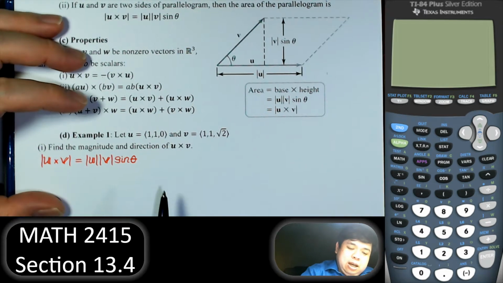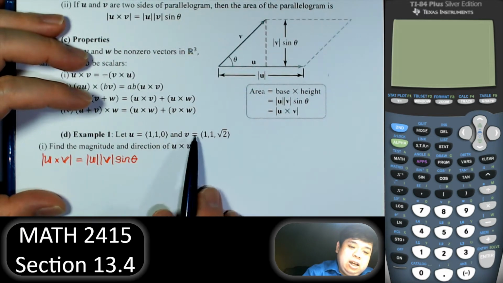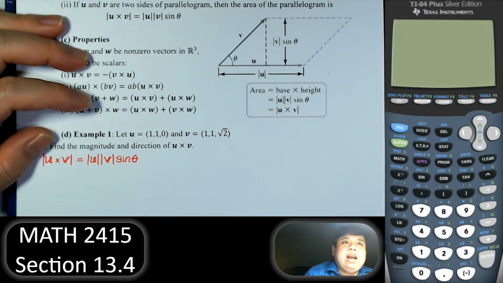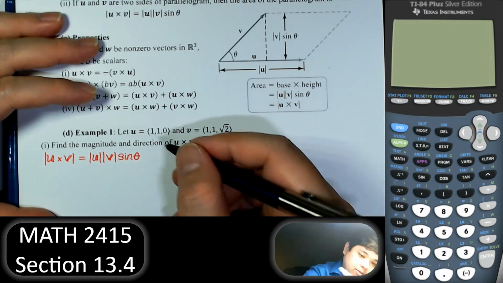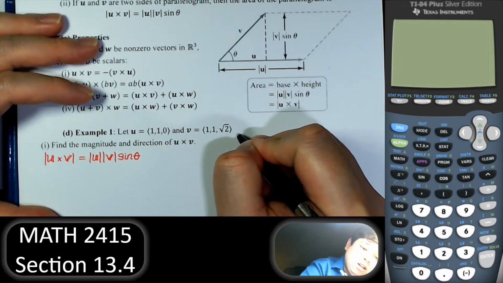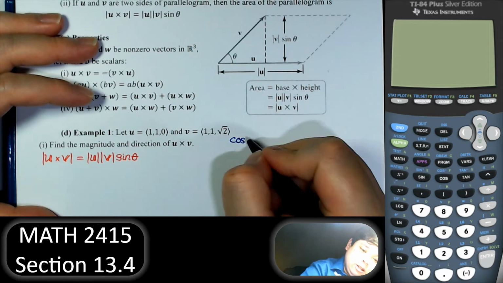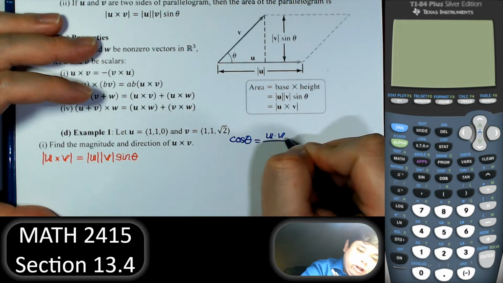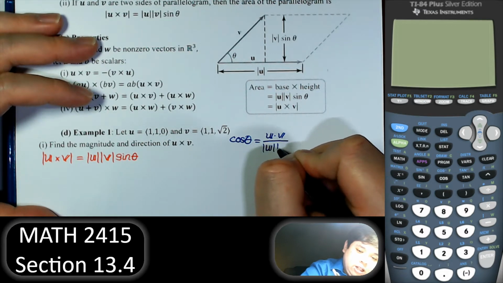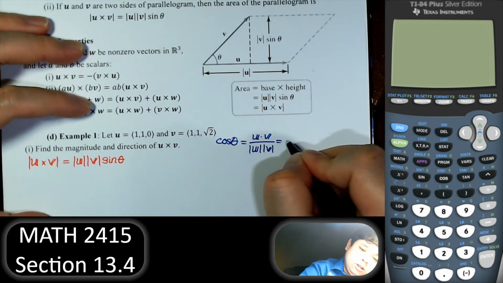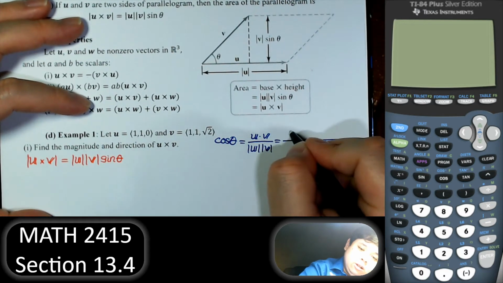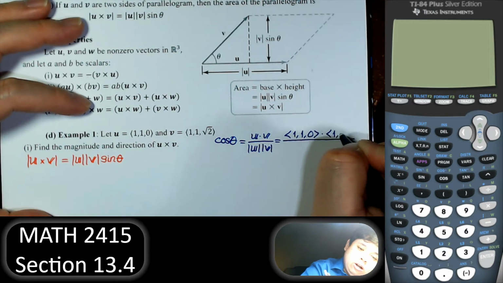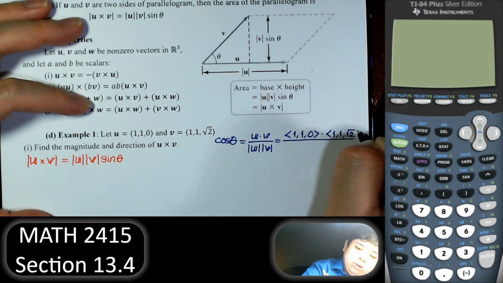That will be easy. By the way, the vector U is in the xy plane and V is in three-dimensional space. Yeah, let's just find the angle between two vectors. It is easy to use the dot product of U and V over the product of the magnitudes. So (1, 1, 0) dot (1, 1, square root of 2)